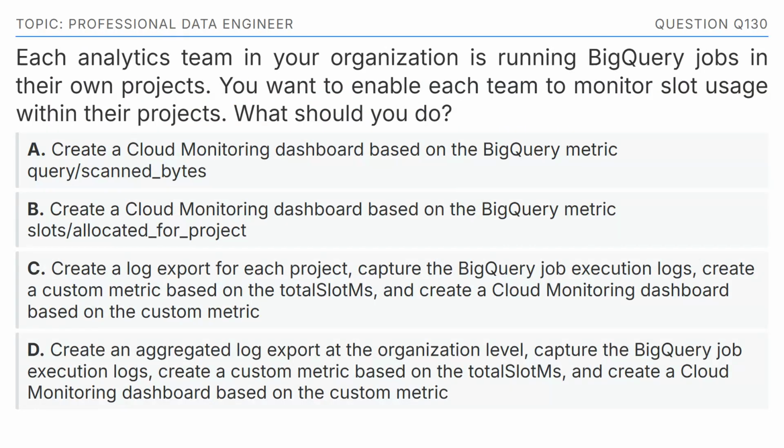Each analytics team in your organization is running BigQuery jobs in their own projects. You want to enable each team to monitor slot usage within their projects. What should you do? The options are: Option A. Create a cloud monitoring dashboard based on the BigQuery metric query/scanned_bytes. Option B. Create a cloud monitoring dashboard based on the BigQuery metric